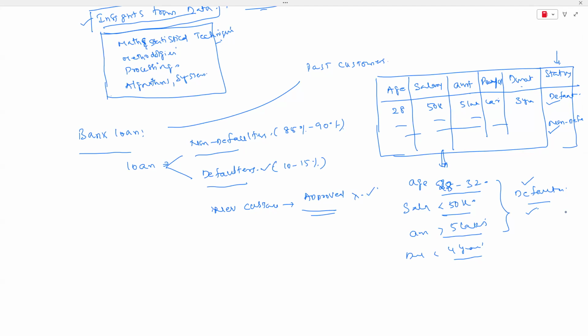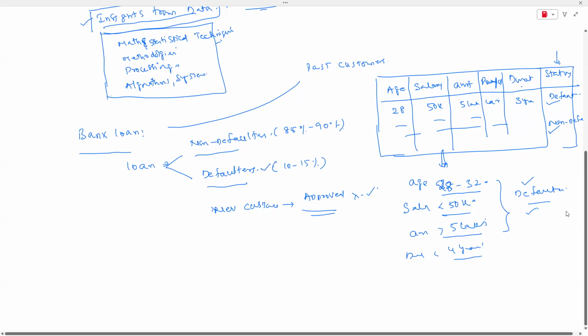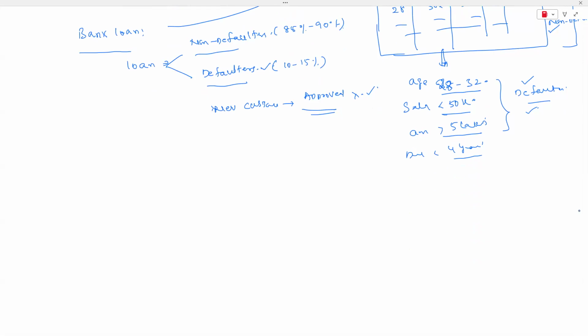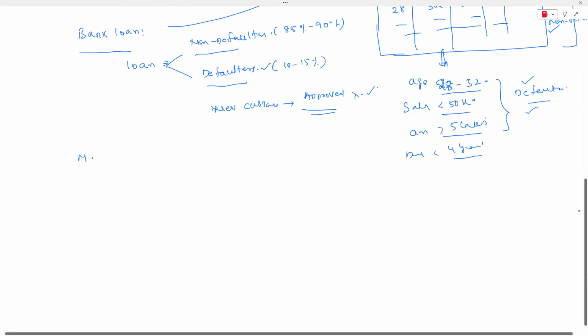So why is this becoming so popular? Because the main advantage is that we are not going to do all this analysis by ourselves, guys. Who is going to get all these insights? All of this is going to be done by your machine in an automated process. That's why we call this concept machine learning. That is the main important concept, machine learning.